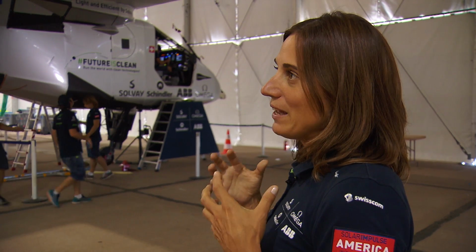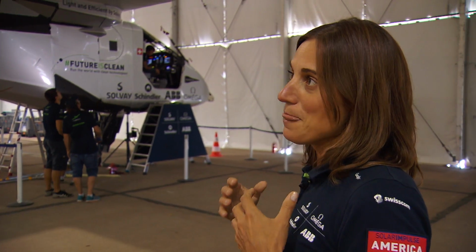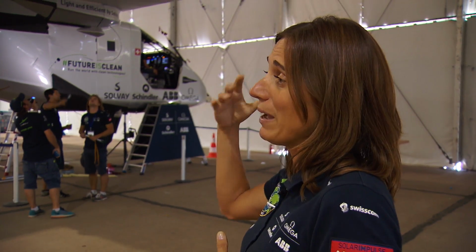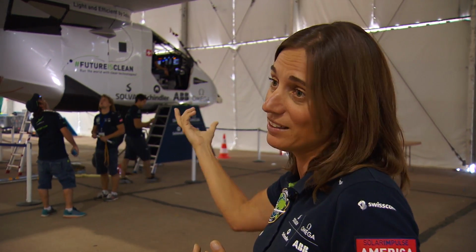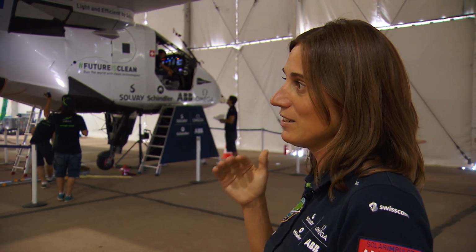So, it is something that has never existed like this, and it's really about trying to push the limits, and we have really pushed the limits by using solar energy. There is no backup for solar energy apart from solar energy. There is not a backup. We don't have a backup system in case it fails. So it's really something we said we want to do very much in this way,